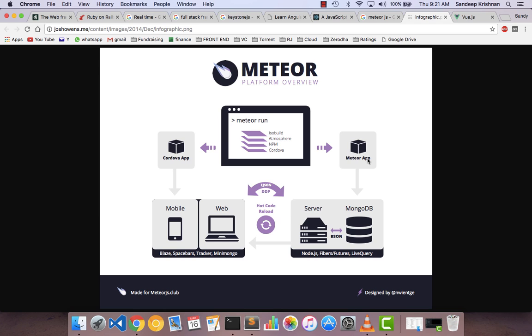So this is a good example. Meteor JS is a good example of a full stack framework, because this framework is omnipresent across the application. So this framework runs in the client. This framework also runs your database. This framework also runs the server. So the entire framework sits on top of the various elements, which is your client, server, and database, which is the classic MVC model, and it runs those elements in a manner where it scaffolds the overall